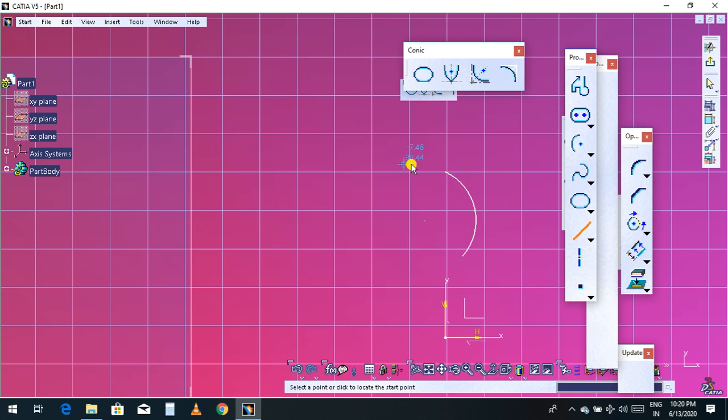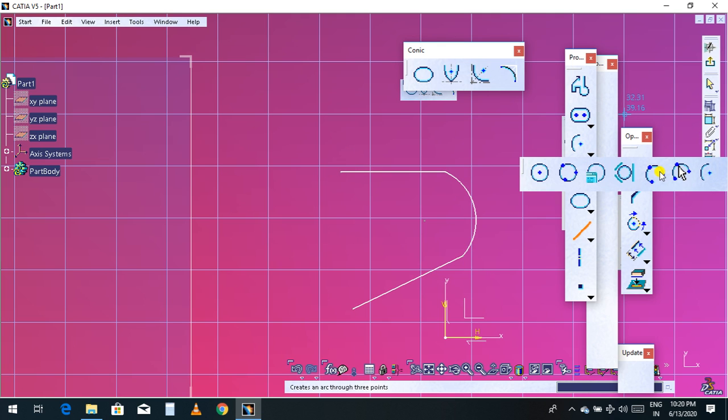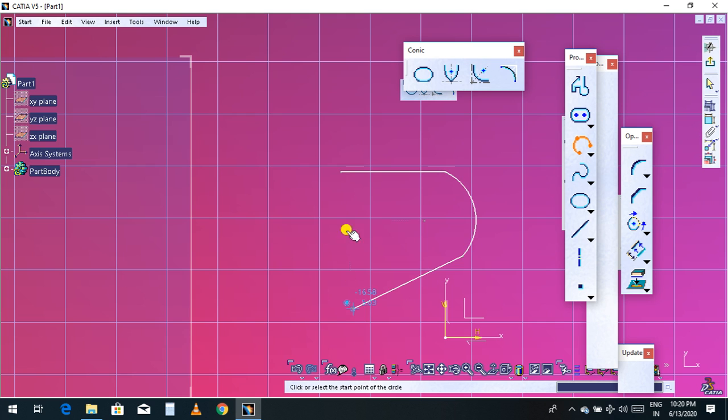Now choose the line, like this, and now I will choose a 3-point arc: point 1, point 2, point 3.